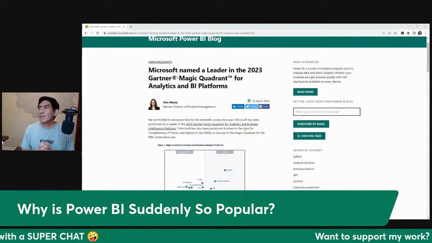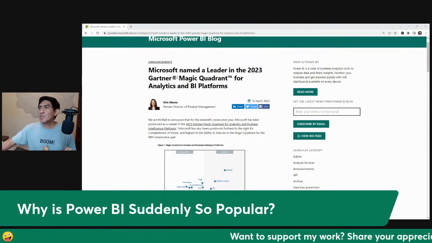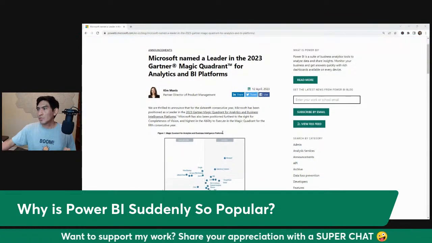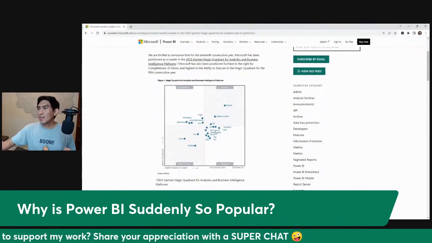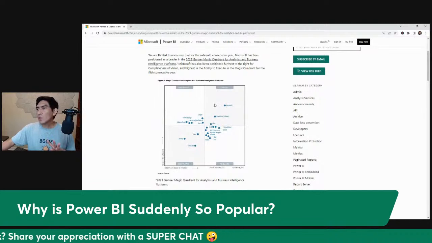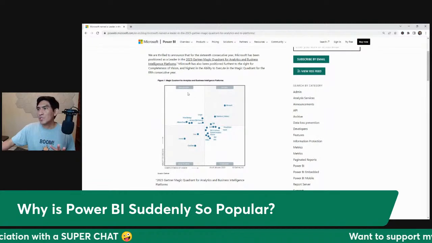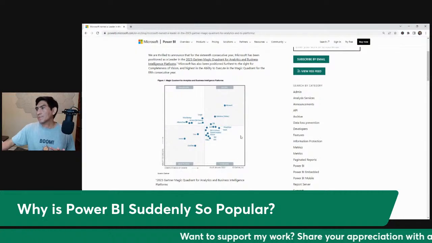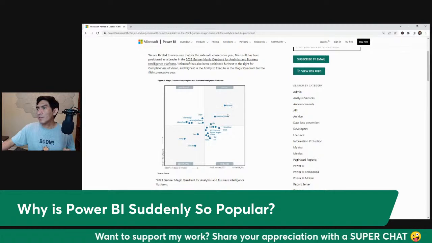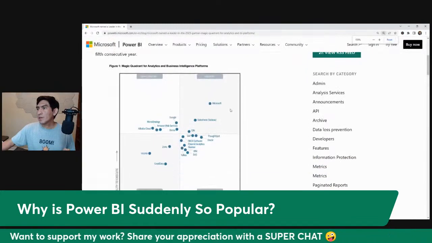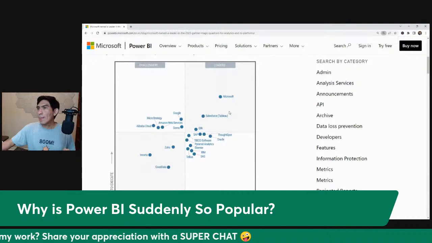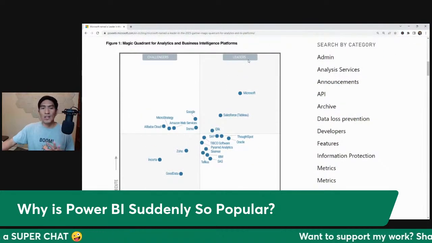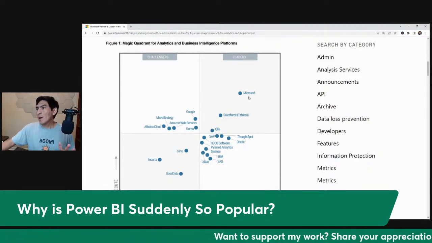It says that Microsoft was named a leader in the 2023 Gartner Magic Quadrant for analytics and BI platforms. As you can see, we have 4 different quadrants: the leaders, the challengers, the niche players, and the visionaries. Let me expand this real quick. Yeah, it's right there.